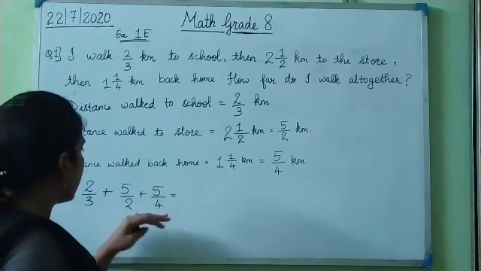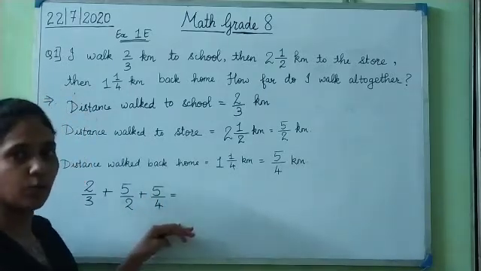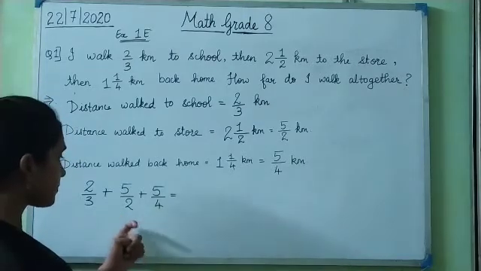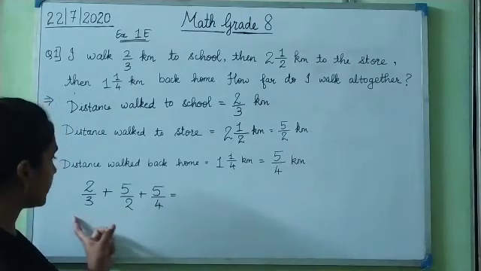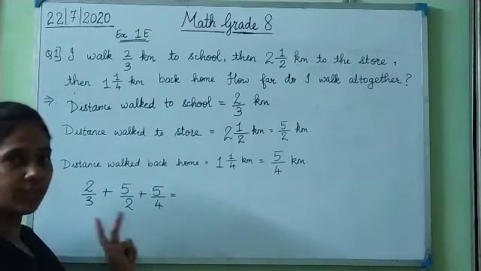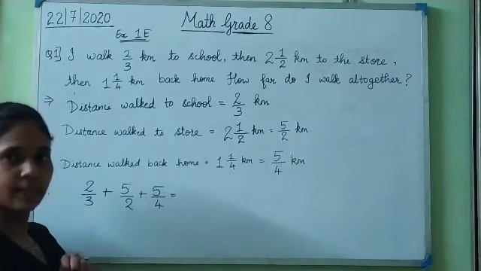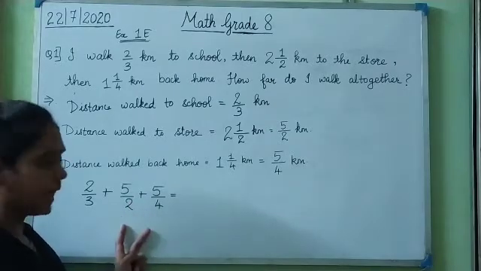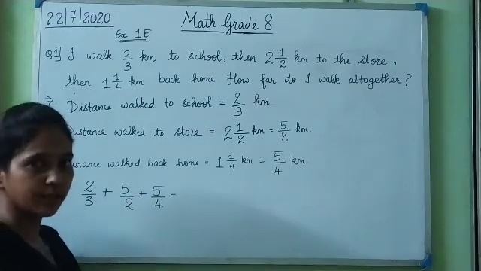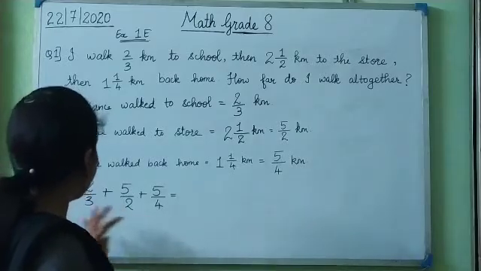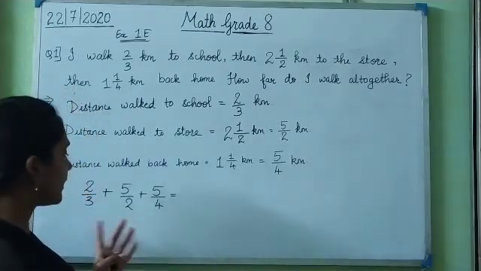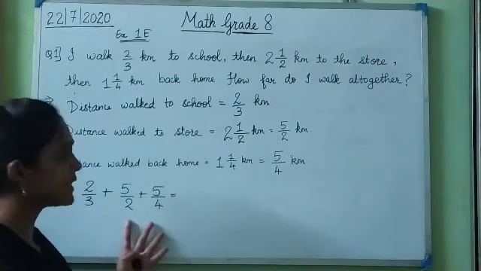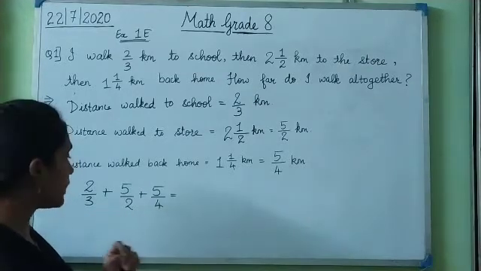Okay, so while adding, now we have studied how to find the LCM and then how to convert these fractions. First what we do, we make their denominators same, right? By finding the LCM, first we make their denominators equal and then after that we simply add their numerators. Okay, so how will this become? What will be the LCM of, here there are 3 numbers, 3, 2 and 4. So how do we find the LCM of these 3 numbers?